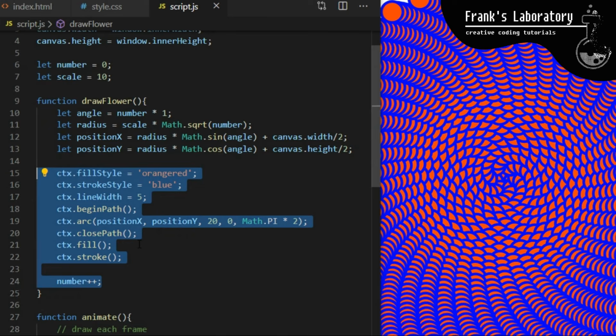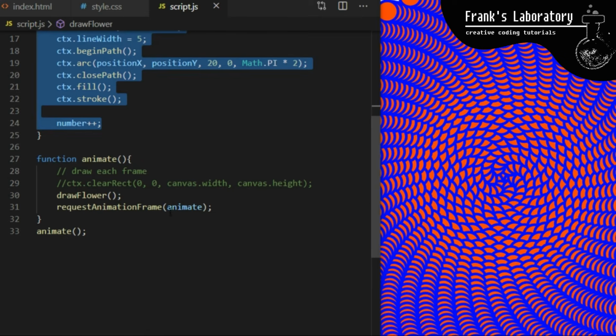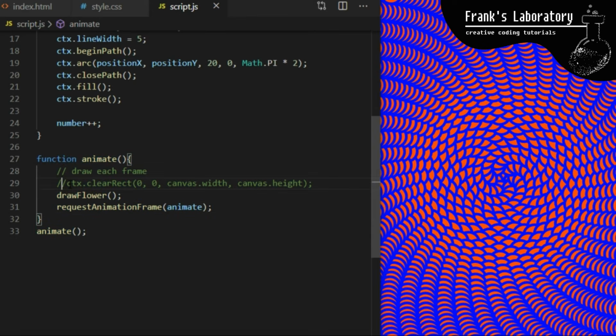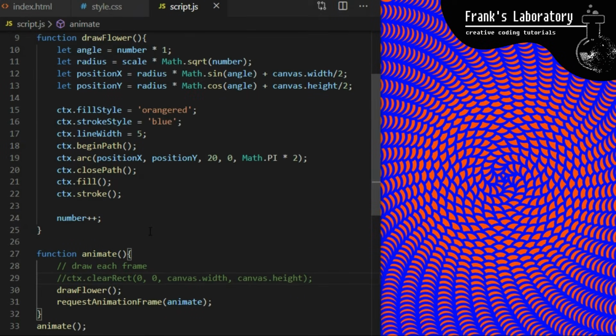For each frame, we also increase our number variable on line 24. This will cause the particle that draws our effect to move around. And lastly, we create animate function, which has only one job, and that is just to run drawFlower function over and over and make the single particle spin around in circles to create our final flower shape. We could replace this with JavaScript setInterval, but requestAnimationFrame is better because it will adjust to your screen refresh rate. Always try to use requestAnimationFrame like this over setInterval for your generative art projects if you can. It's a good practice for performance especially.